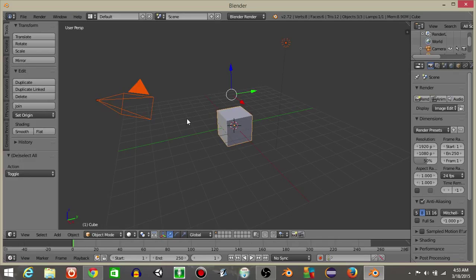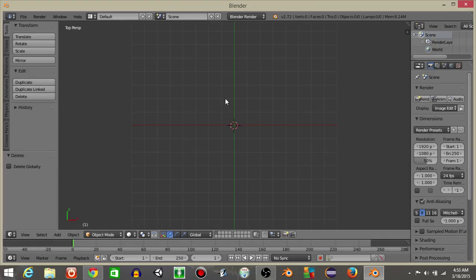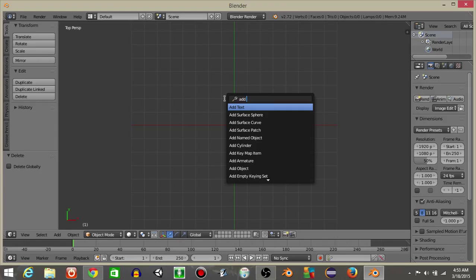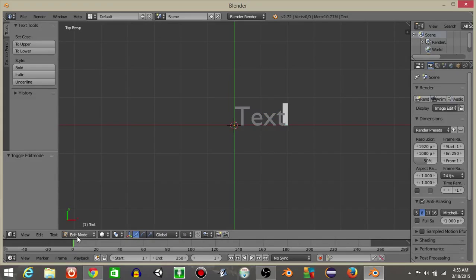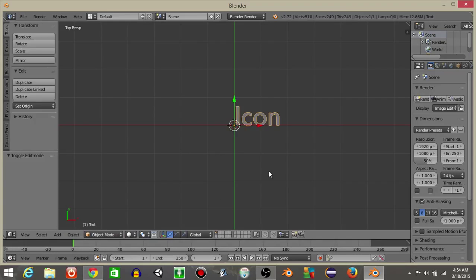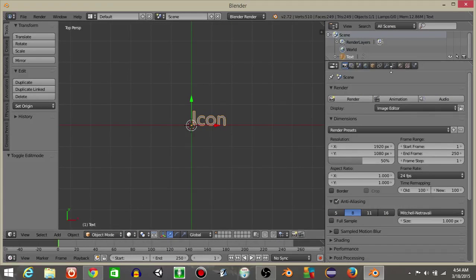So to start off, let's double click the A button until everything is selected and hit X and delete. Hit 7 to go in the top view, and let's do spacebar and then add a text object. I'm just going to hit tab to go into edit mode right here, backspace this, and I'll just call this icon, and what we're going to do is convert it to a mesh by hitting Alt and C,